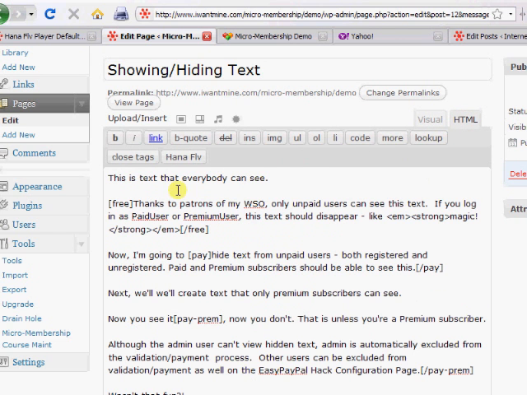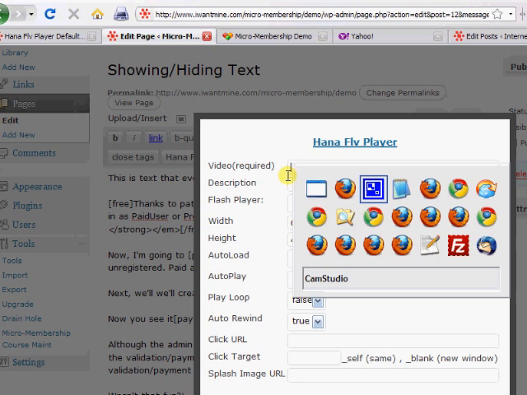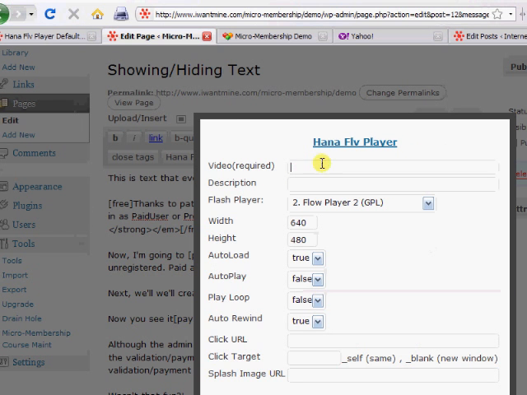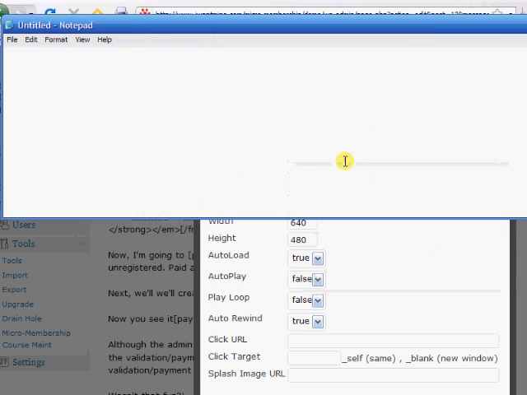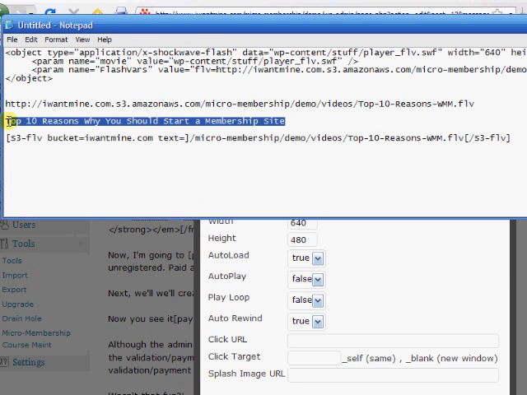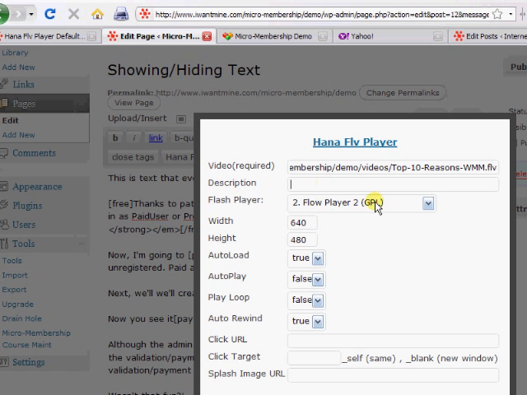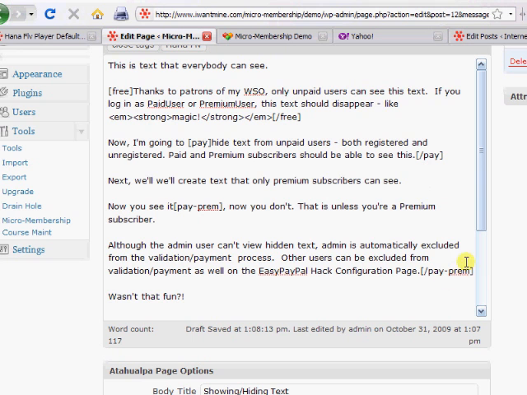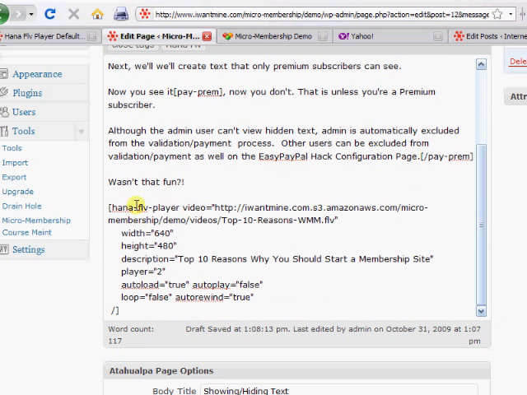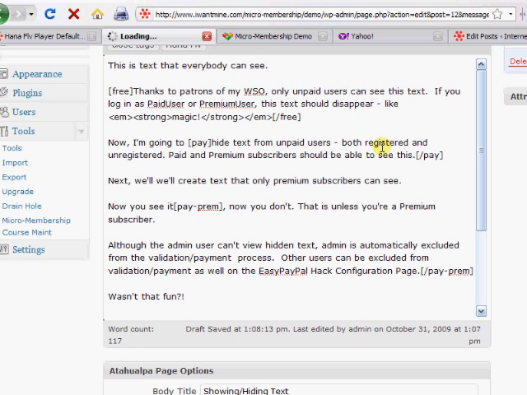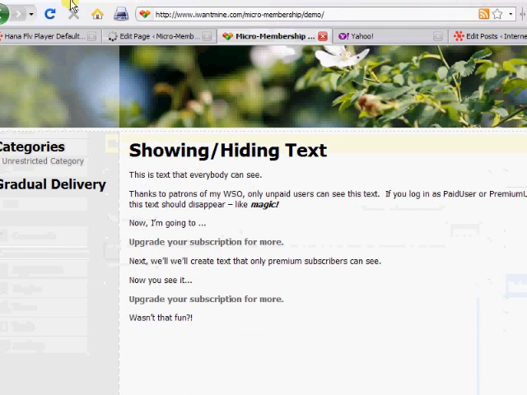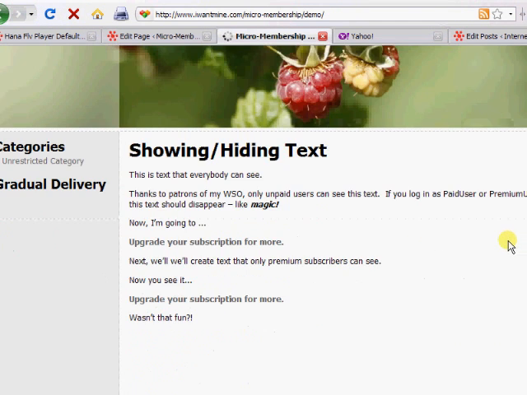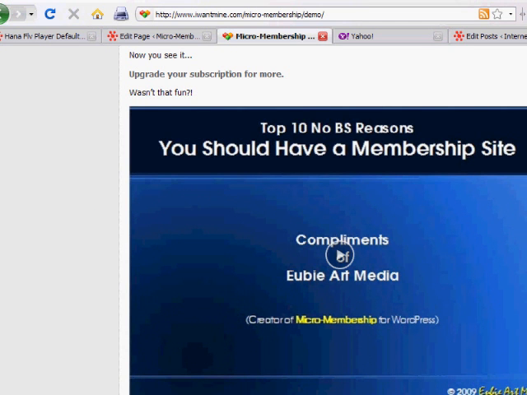So let's go to the web page, and HANA FLV Player has this nice little button. It's also in the HTML view. I'll use that because it actually comes out looking prettier when you do that. And let me grab the link. You'll need the link to your video. And I'm also going to put a title or description in there, and it's what Google uses. Hit OK, and it has placed this information into my page. If I update my page and look at that page, there's my video